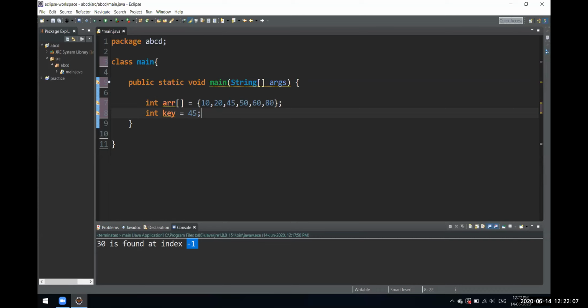One more thing we have to pass is the last element, so we have to pass the length of the array. Int last is equal to array dot length.